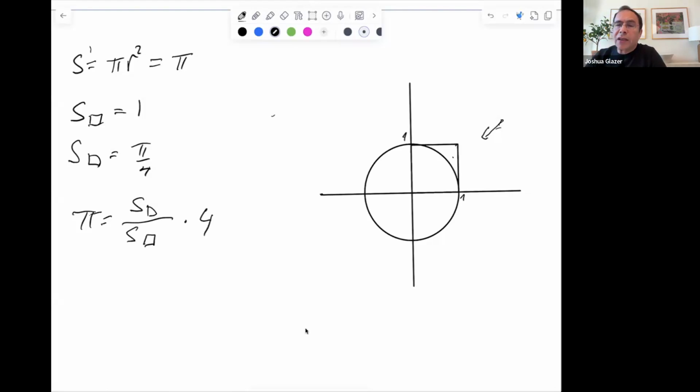And imagine that we start shooting darts at the square, but only at the square, okay? Hundreds and thousands of darts we're just throwing on the square. I think you will all agree that if these darts are really going in random within the square, then pi will be equal to 4 times the number of darts that are in the quarter circle